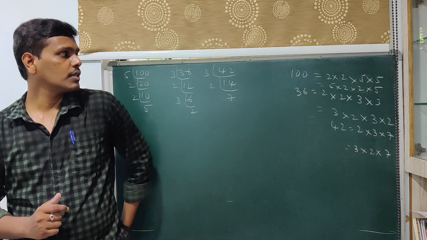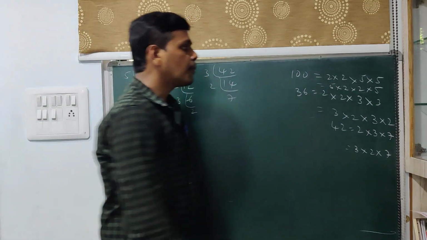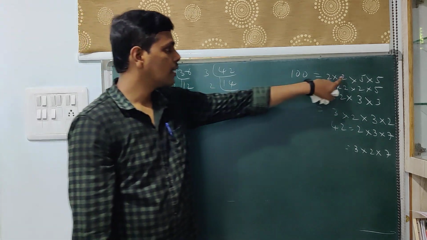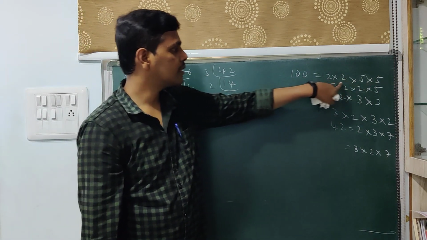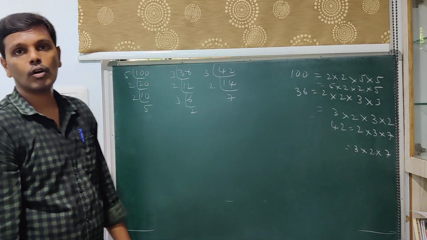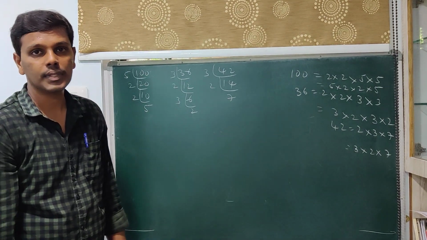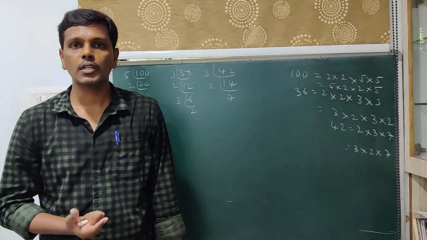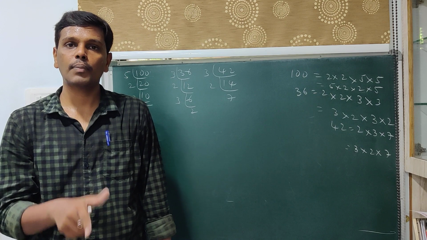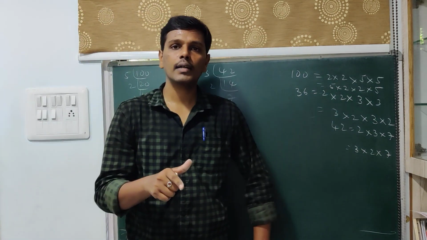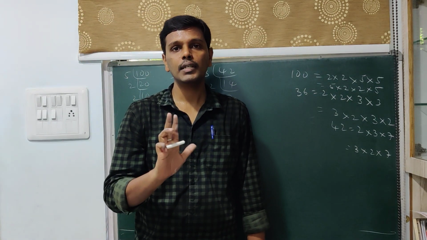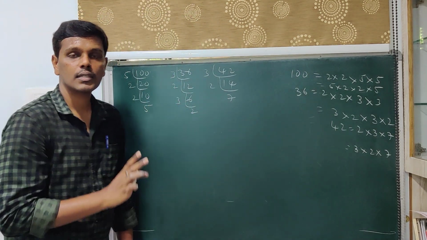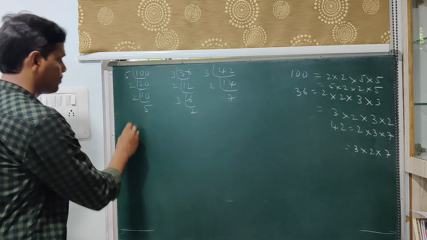Now the second observation is that the representation of this prime factorization is unique apart from the order in which the prime factors occur. That means whatever way you do the prime factorization, you will always arrive at the same prime factors, but the order of the factors in which they occur might be different. Now this entire set of observations put together, we call the fundamental theorem of arithmetic.